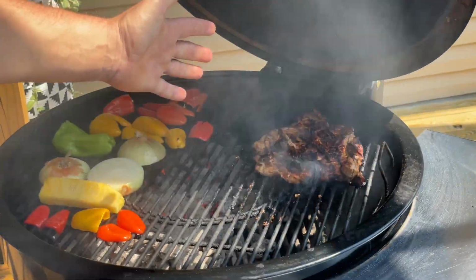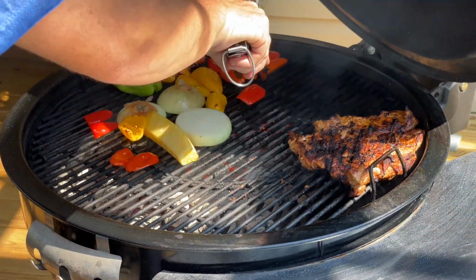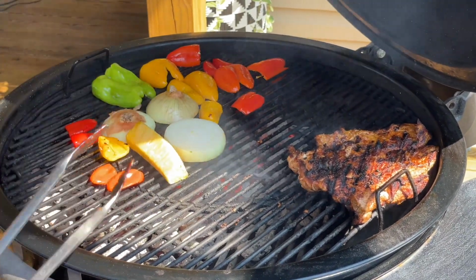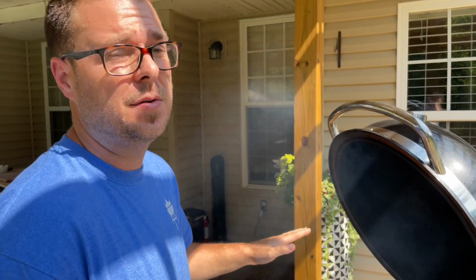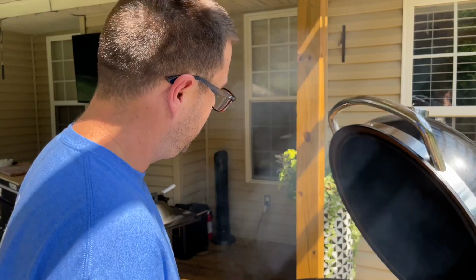Move that off the side of the heat so it has a chance to cool down a little bit. And all we're looking for is a char on our vegetables. You don't really have to worry about cooking them all the way through, but this is what I talk about all the time: enhancing the flavor, taking the flavor up a notch. This is the perfect opportunity to do that because it's something the flat top can't do. But when they all come together,